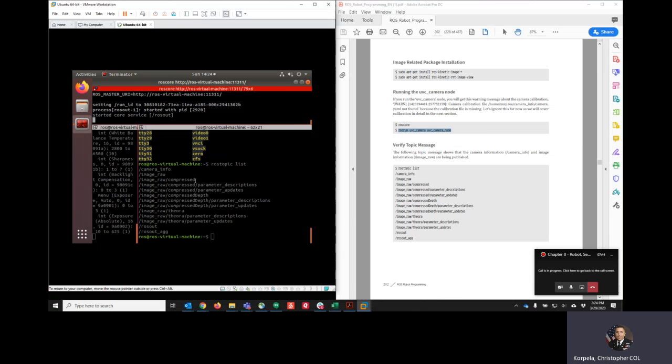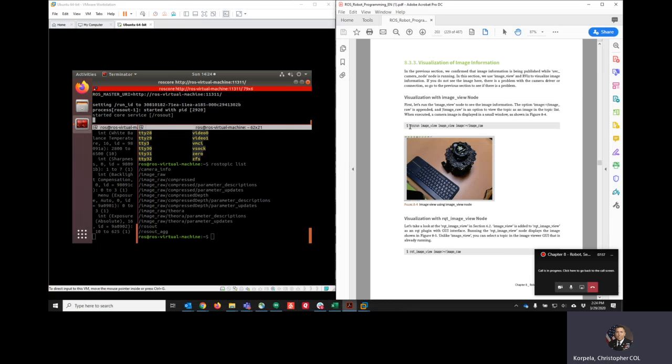So image raw, we have compressed images. There's, we can look at descriptions and updates. There's quite a number of topics here just for the simple camera package. And then the last, actually the second to last, is we will